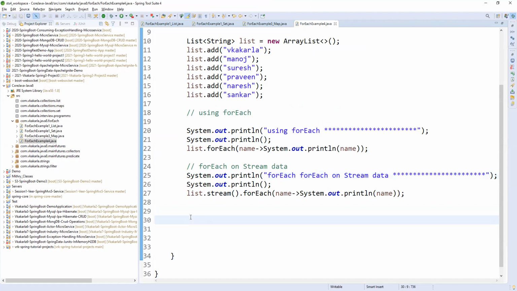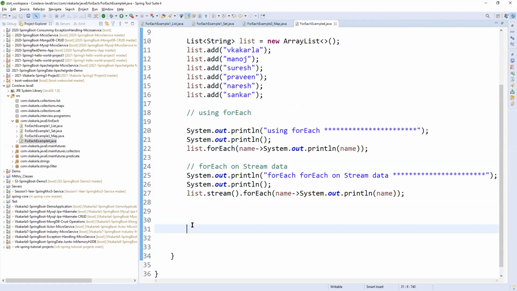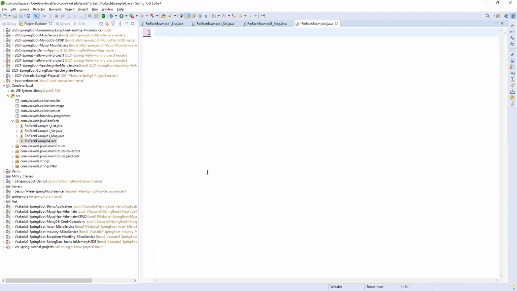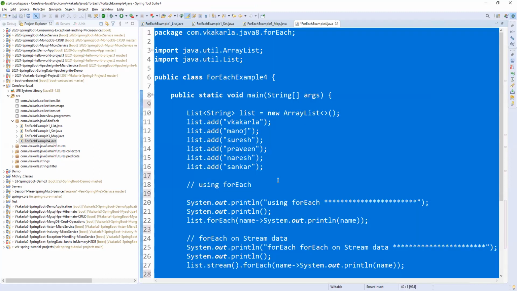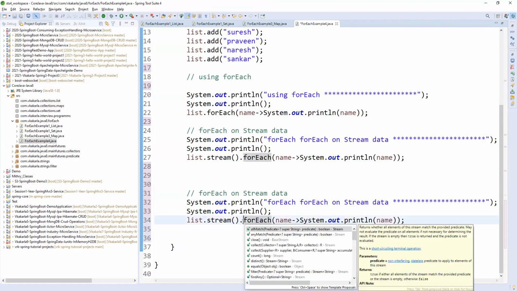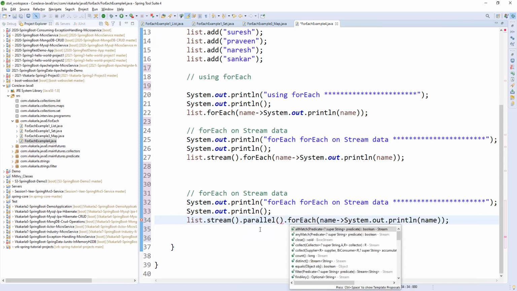Now the same for each using a stream. By default, it will take the sequential order. Let me also print using parallel stream. So what is parallel stream? Before that, we can use parallel stream dot for each.